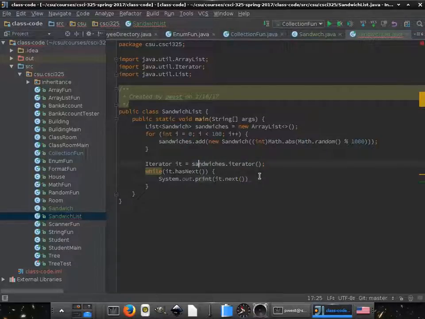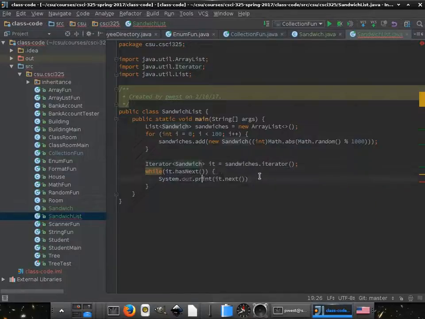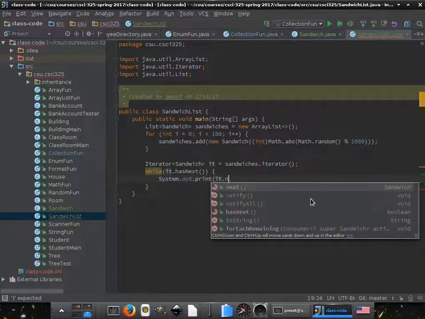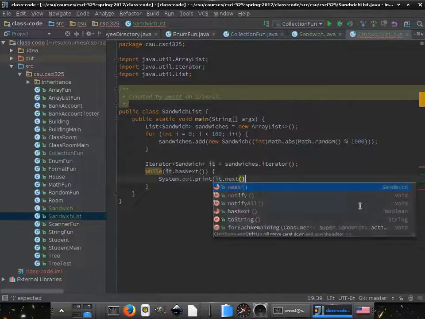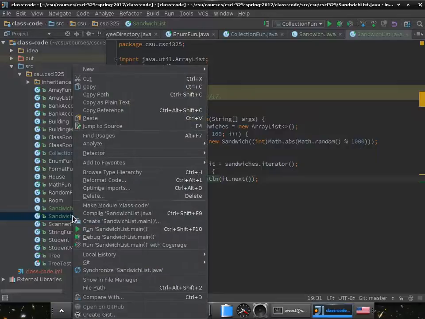And I just realized I didn't do the iterator correctly. We want it to be of a sandwich. So now it.next will return a sandwich. Perfect. And let's go ahead and add a space. Oh no, we'll just print them all out, one line at a time. Boom. If I run this right now,